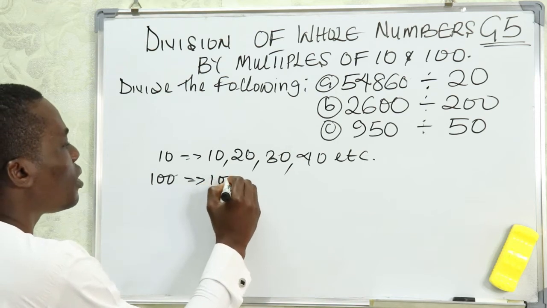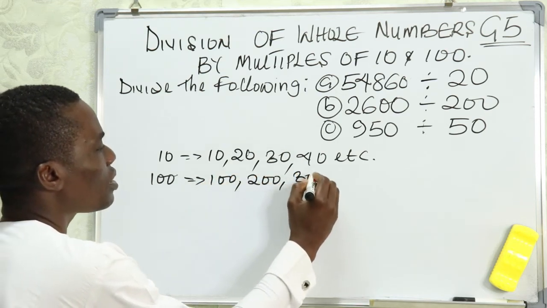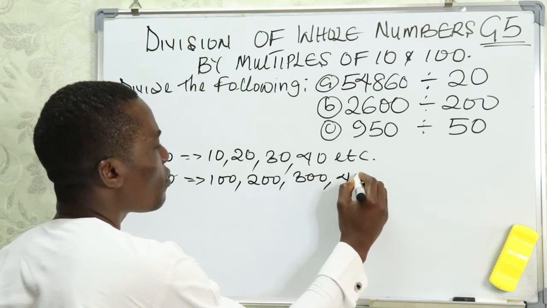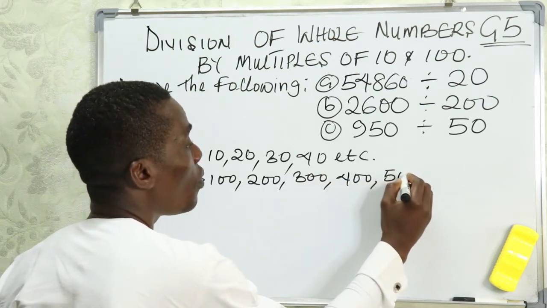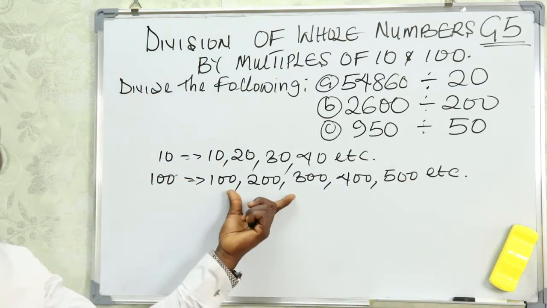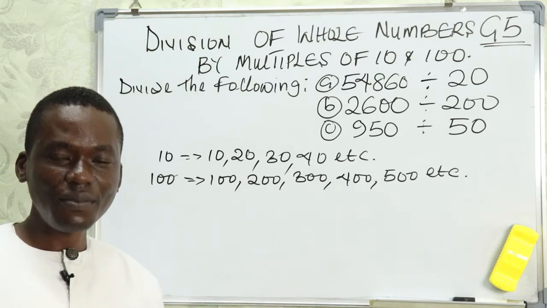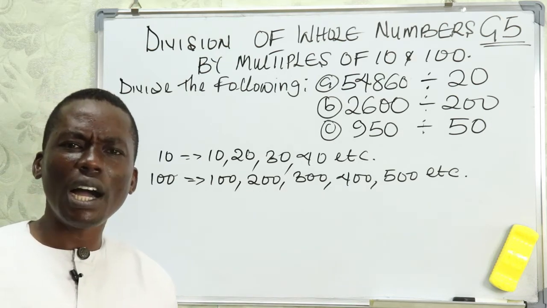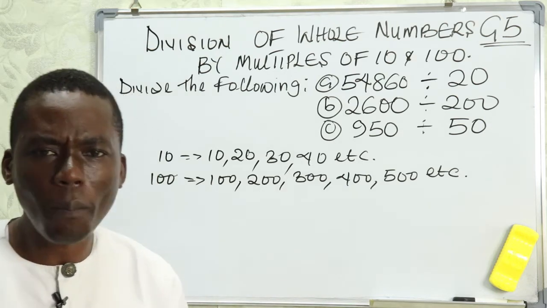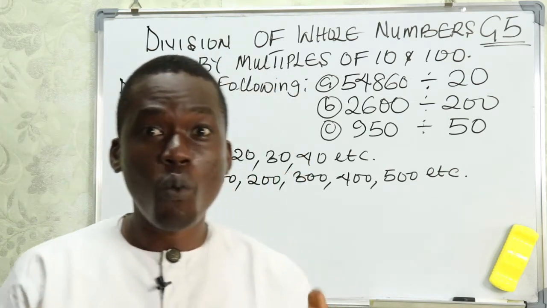100 times 1 will give me 100. 100 times 2 will give me 200. 100 times 3 will give me 300. 100 times 4 will give me 400. 100 times 5 will give me 500, and on and on. All these are the multiples of 100. Now, assuming you are asked to divide a given number by the multiples of 10 and 100, what